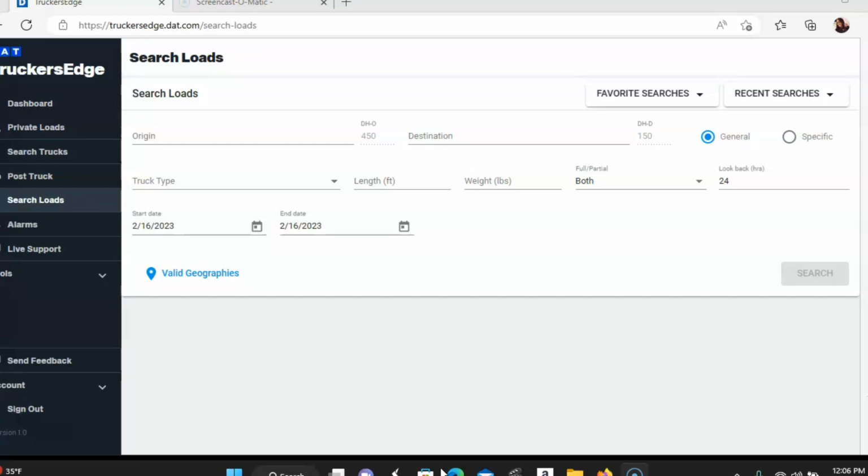Today I'm going to quickly show you how to navigate the load board using DAT Trucker's Edge. Now I am not sponsored by DAT. I'm just simply showing you what is most commonly used, and this is one of the most commonly used load